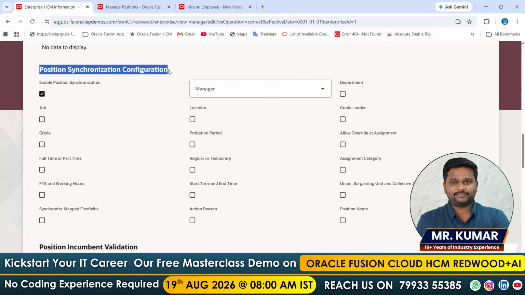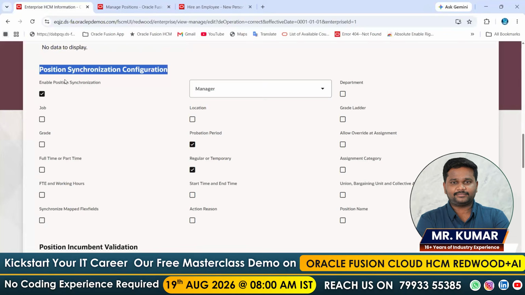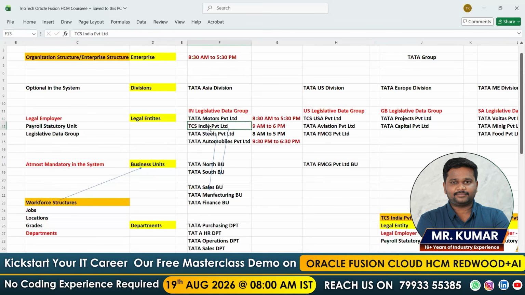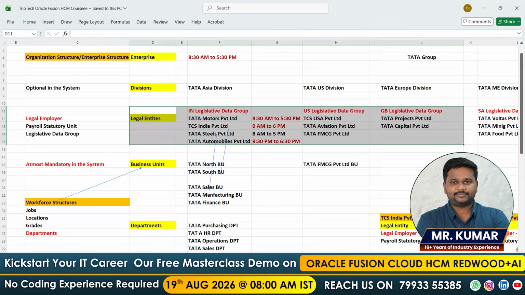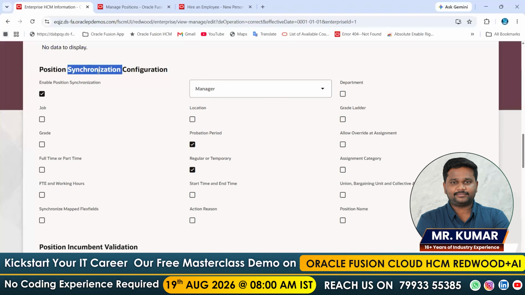Whether your client wants this feature or not is their requirement. But 99% of clients will definitely ask to enable position synchronization so that we can control things from the enterprise level. We have a next level also. When defining legal entities, the system will give us the provision to customize them too, but what is that feature? I will tell you when we come there. But at the enterprise level, generally we have this concept of position synchronization. Make a note of it. You can definitely expect this as an interview question, a five-star market question. Next,